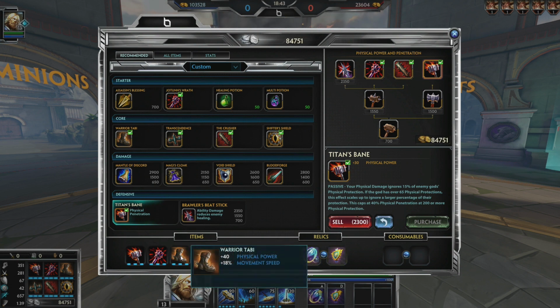First thing we're going to do is we finish our boots. Warrior Tabi. I do not like Talaria boots on Thor. I feel like he doesn't need it. He's got enough mobility without it. I finish Jotun's Wrath first. This is kind of a contentious issue here. A lot of people like to go Crusher first. But the way I look at Jotun's is